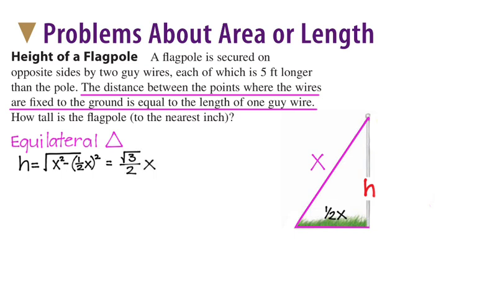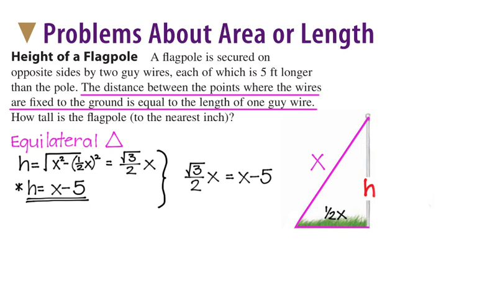Okay? And when we simplify that, we get √3/2 x. Now, it was given in the problem that the height is 5 less than the guide wire. So I know that since this is the height, √3/2 x has to equal the height, which is 5 feet less than the guide wire. Now we have an equation to solve, so we're going to get all of our x's